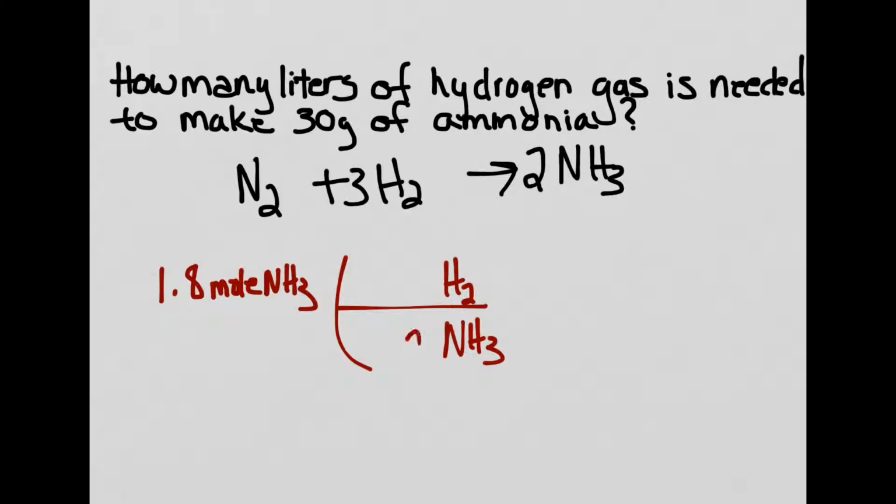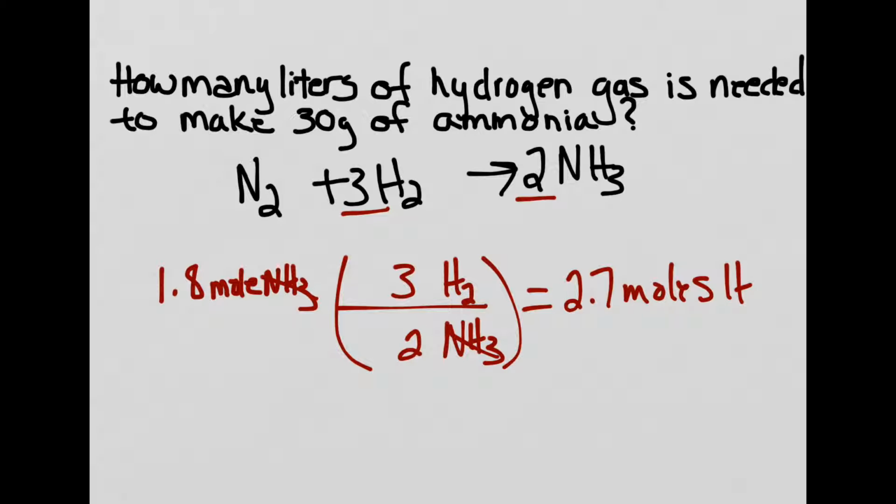Our ammonia has 2 moles there from the balanced equation, and our hydrogen has 3 moles from our balanced equation. So when we multiply that through, our ammonia will cancel out. We'll be left with hydrogen gas, and that's going to equal 2.7 moles